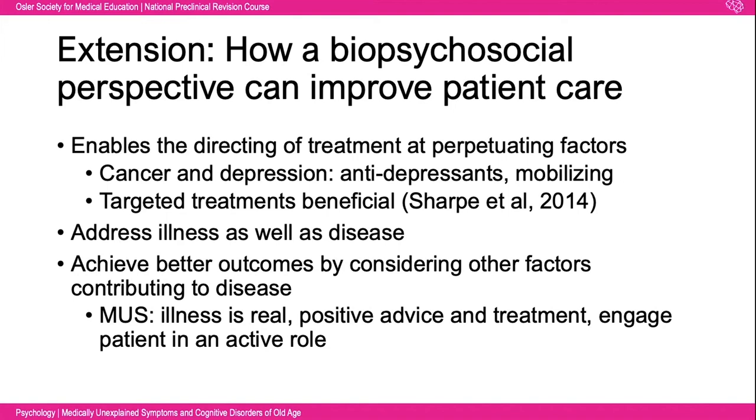For example, it might be useful to contextualize the health information, which is the predisposing social factor, and address the patient's partner's concerns. For instance, in the case of cancer and depression comorbidity, possible therapies could be antidepressants, mobilizing the patient to help alleviate mood disorder, and making it clear to the patient that the symptoms are due to depression, which is treatable.